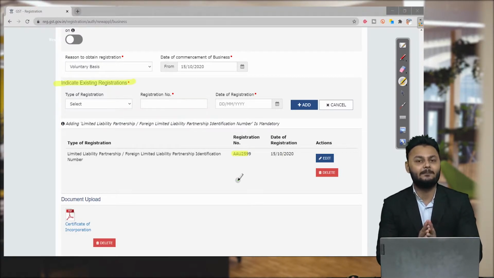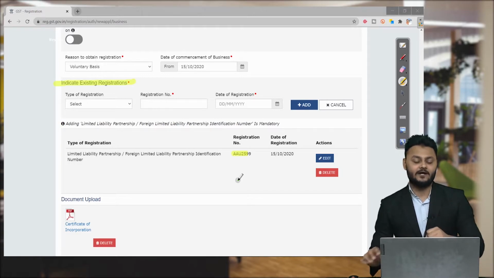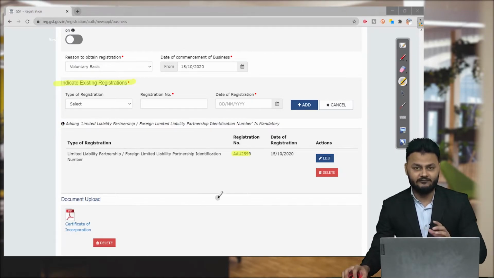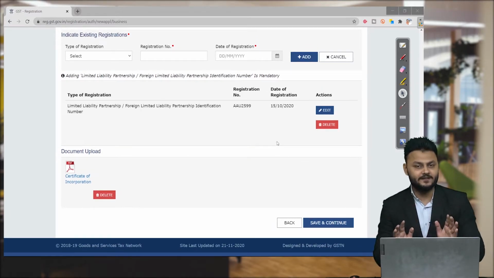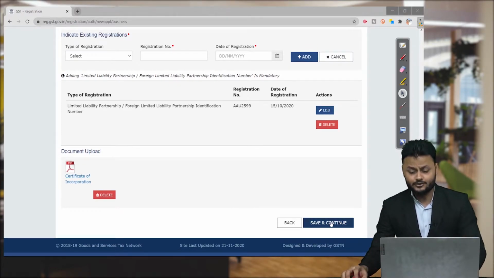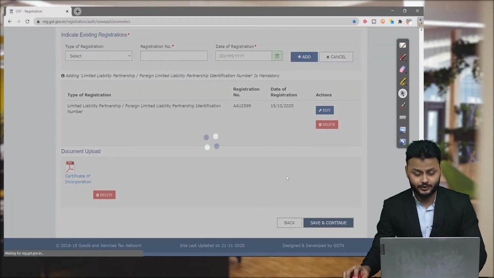So basically I am applying for an LLP, and that's why I have mentioned the LLP details and attached a certificate of incorporation. In case of proprietorship, you don't need to attach anything here. Then you can go for save and continue.